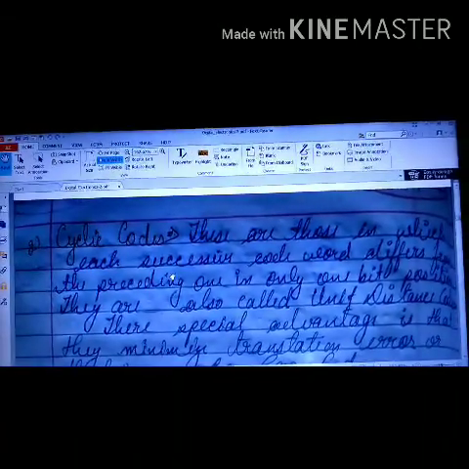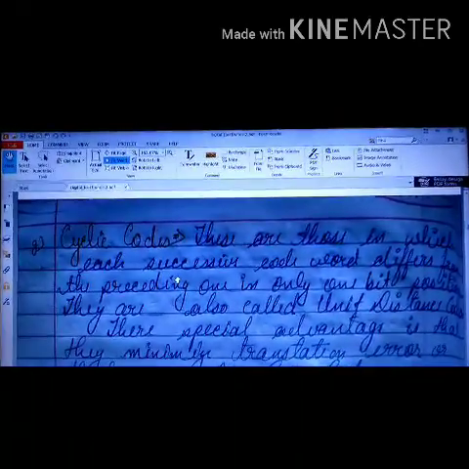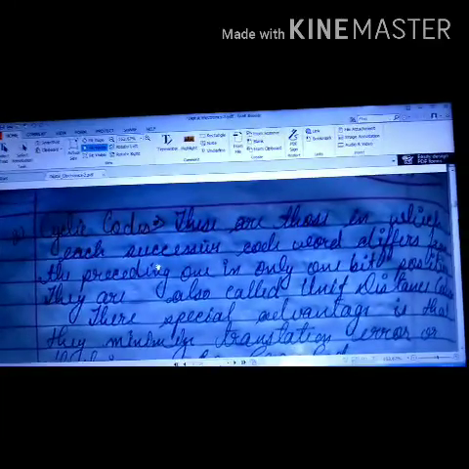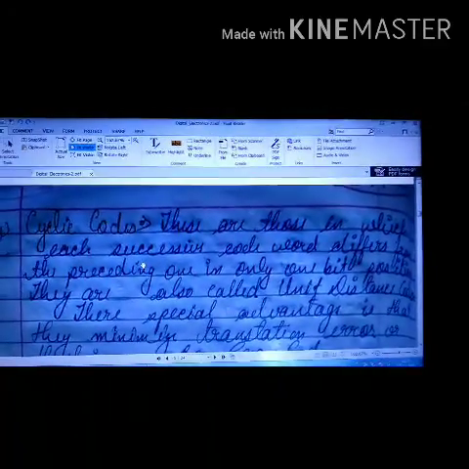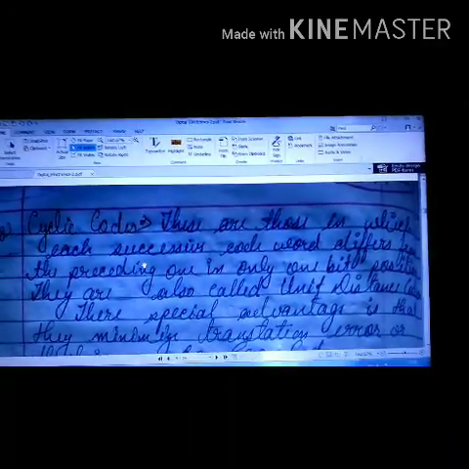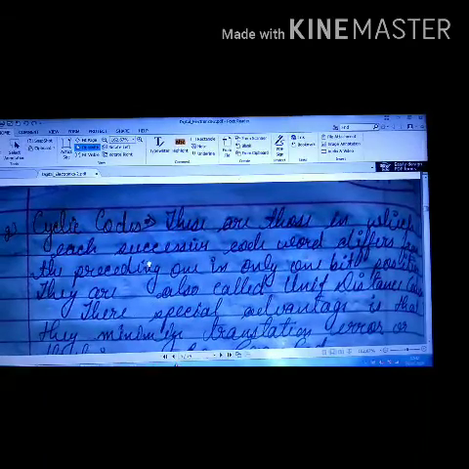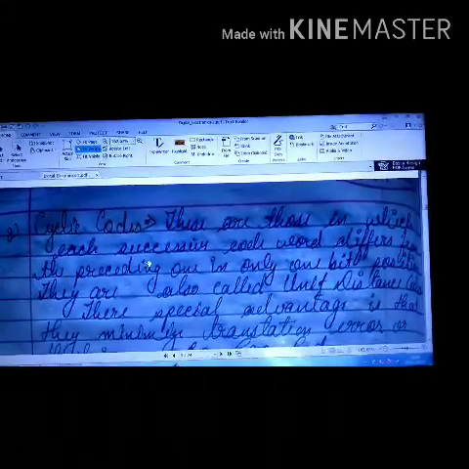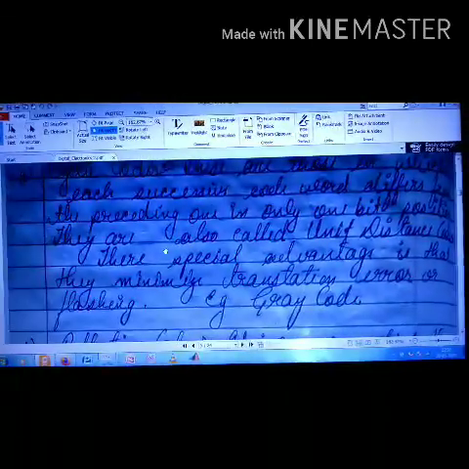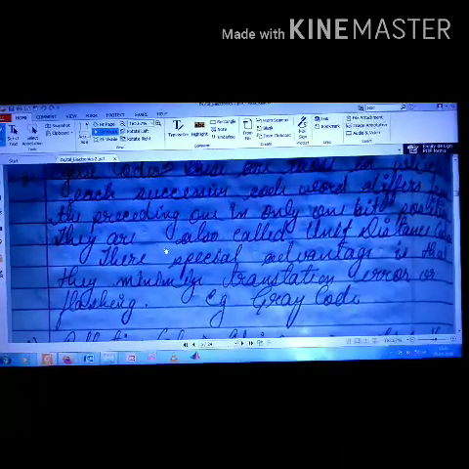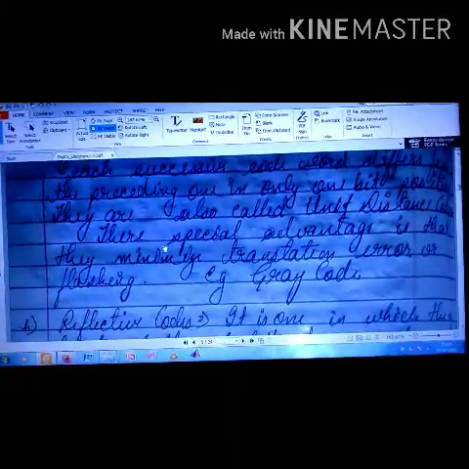Then come cyclic codes. These are those in which each successive code differs from the preceding one in only one bit position. So the difference between both the codes, for example for 2 and 3, will be in one position only. Only then can such a code be called a cyclic code. We will be studying gray code in detail as it is very much utilized in digital electronics, so that we can better comprehend what a cyclic code is. These are also called unit distant codes. Their special advantage is that they minimize translation errors and flashing. Gray code is an example, as already mentioned.